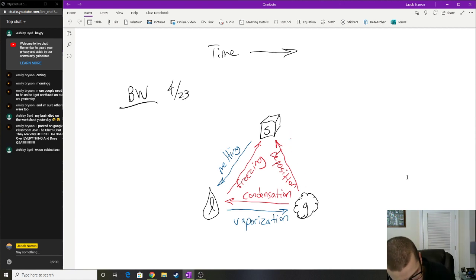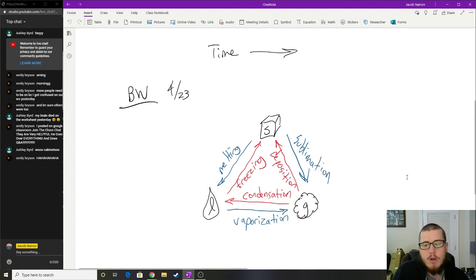I don't want to do that in red. I want to do this in blue, because when you're going from solid to gas, this is called sublimation. Because over here, that band Sublime, they have that one song that you probably know called Santeria. Yay, I'm so excited about my cabinets. But anyway, sublimation